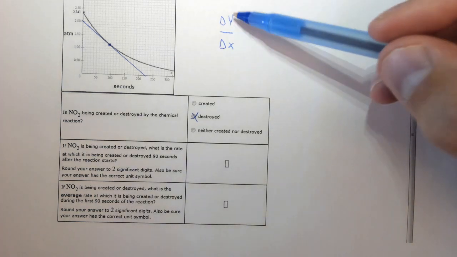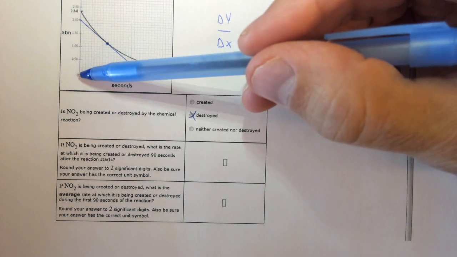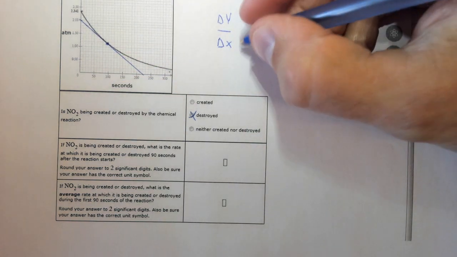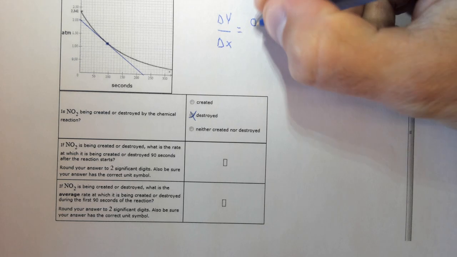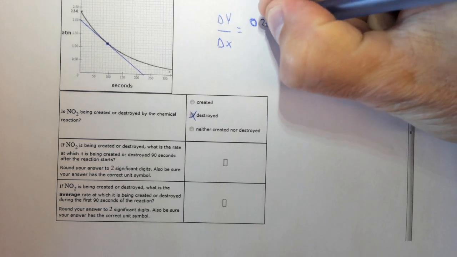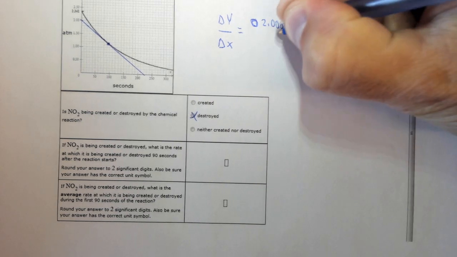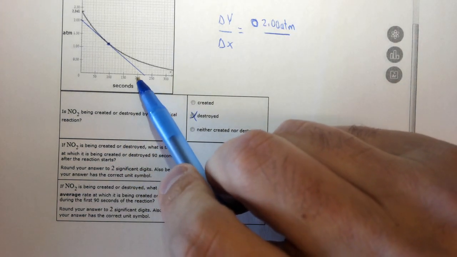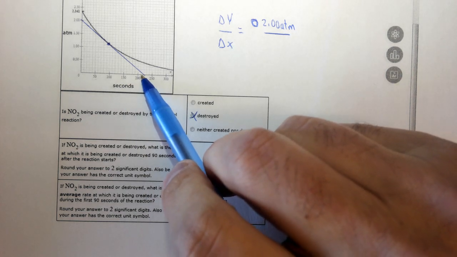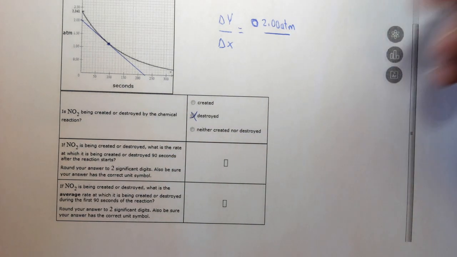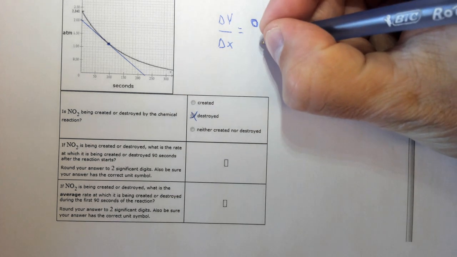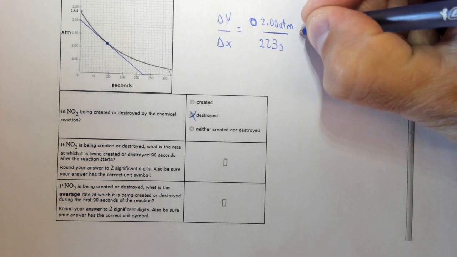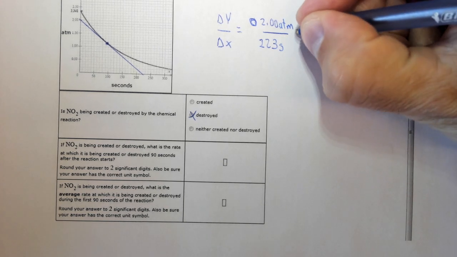Now I want to find delta y over delta x. Well, luckily this graph starts at 0. So delta y is 0 to 2.00, which is just 2.00 atmospheres. And then delta x is, I don't know, 210, 220, a little less than 225. So I'm going to say 223 seconds. When you take those two numbers and you divide them, you get